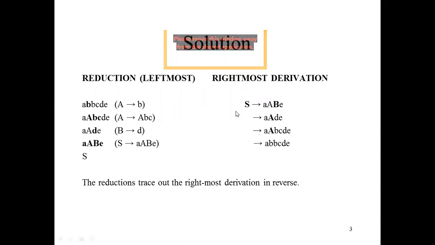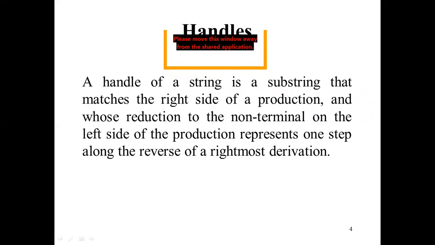So here you are going to break. This is the one big string, and you are breaking it again and again. Such types of substrings are called the handles. You are applying the procedure here, and at the end you will get the non-terminal symbol or the terminal symbol, whenever you do one step.